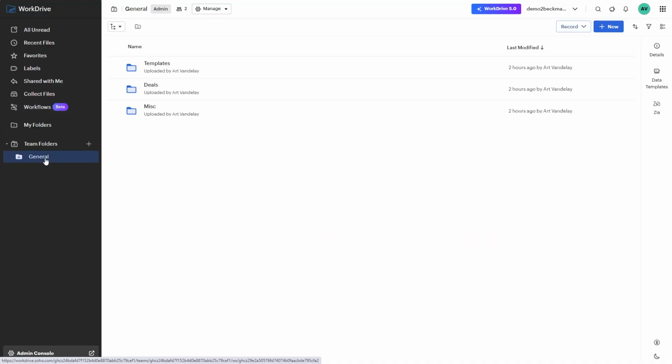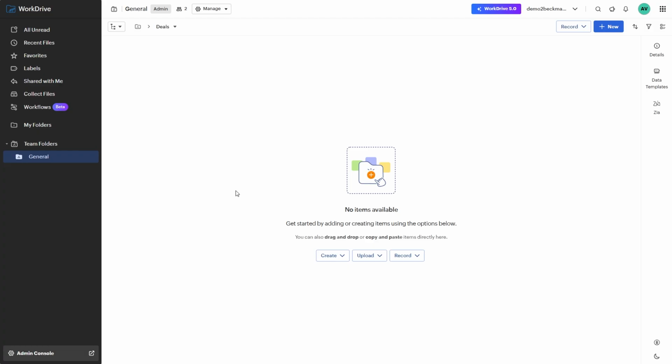In our team folder, we have a folder called deals. And what we want to do for this use case is something very simple. We have a workflow in Zoho CRM that's going to create a folder in this deals folder every time a deal is set to closed won. And I'll show you that workflow in a minute. So what we want to do is once that overall deals master folder gets created, we want to create a